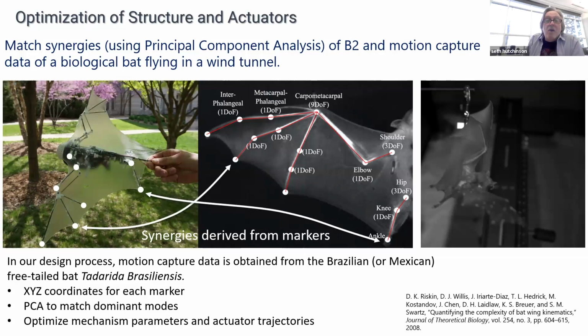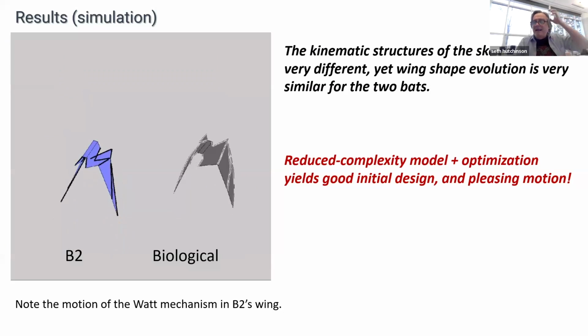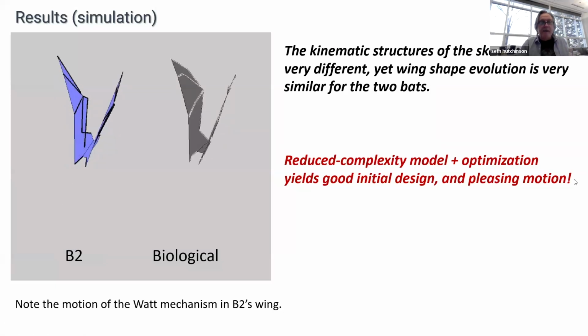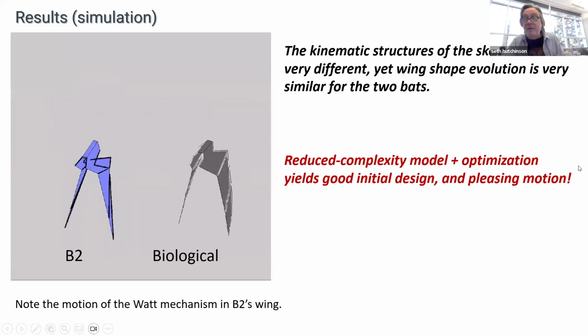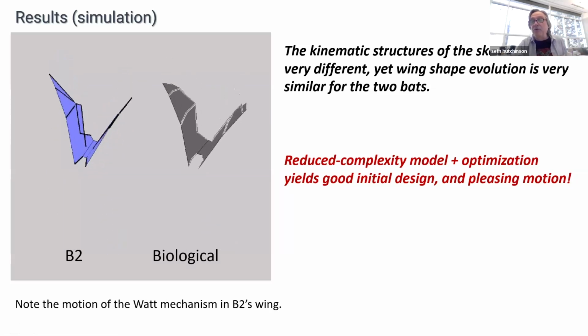So we know what the motion capture markers do on the biological bat. We can hypothesize what they do for the designed robot bat. And the trick is to try and get the performance to match from our optimized system to the biological system, right? And we do that by collecting data, doing principal components analysis, and minimizing a Frobenius norm between the two data matrices, right? So that's basically how that all happens, and that's not the point of this talk, right? For this talk, it's just enough to know that you can do an optimization to converge to an optimal design.